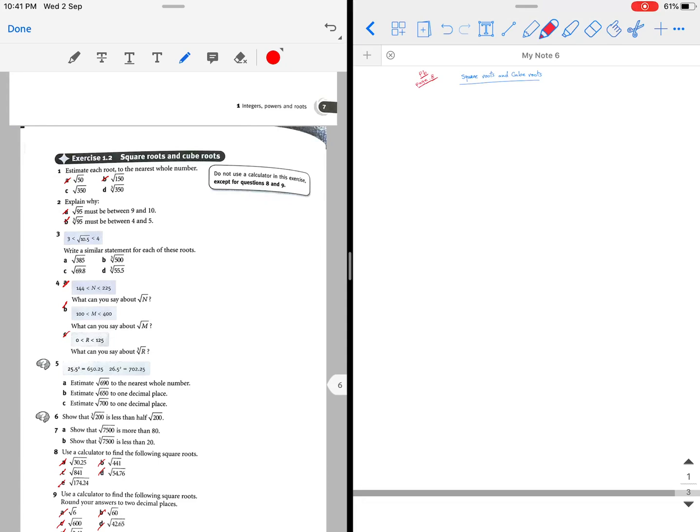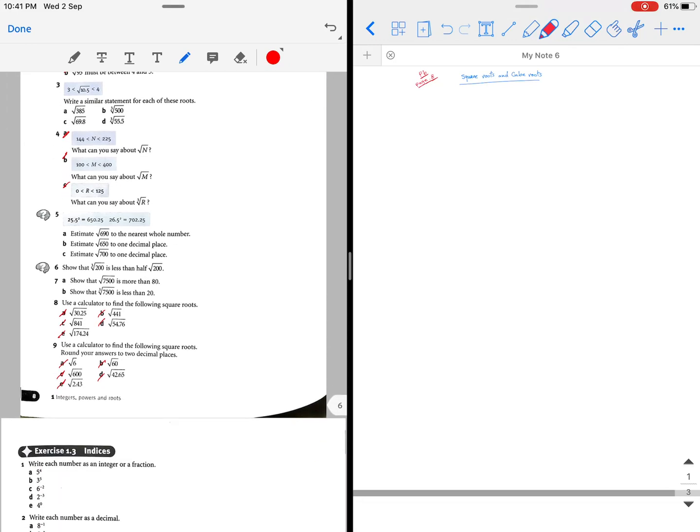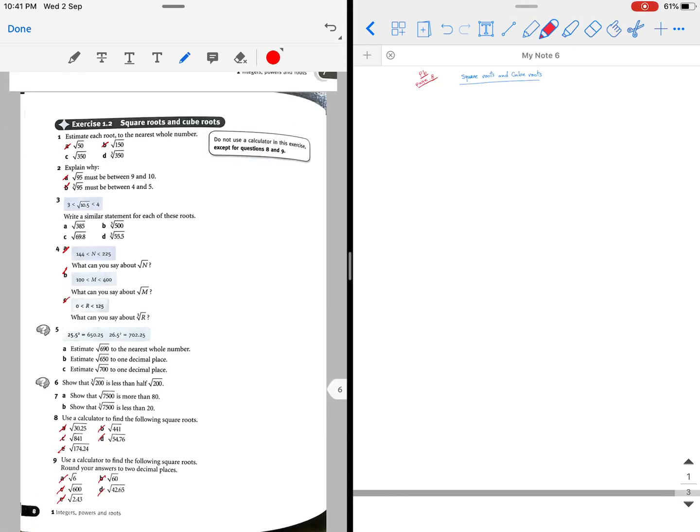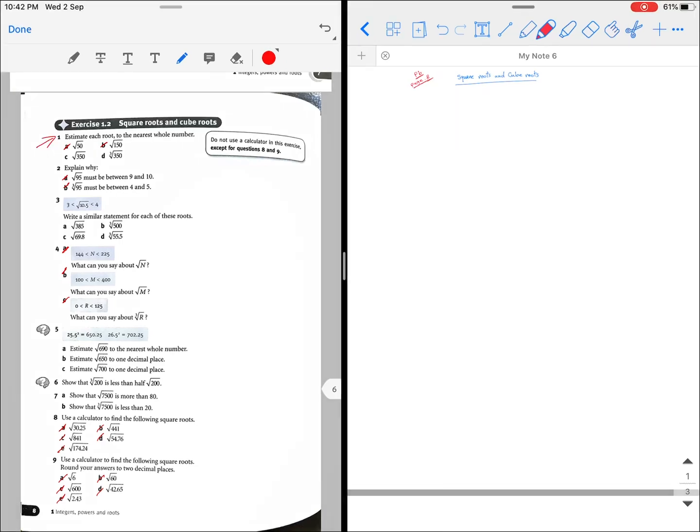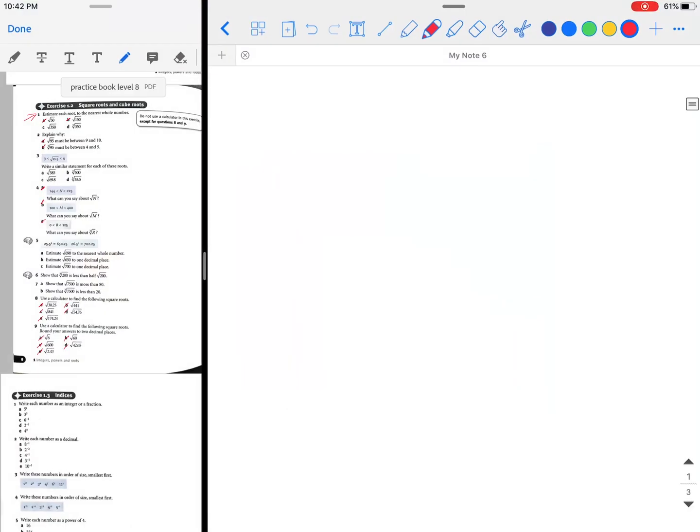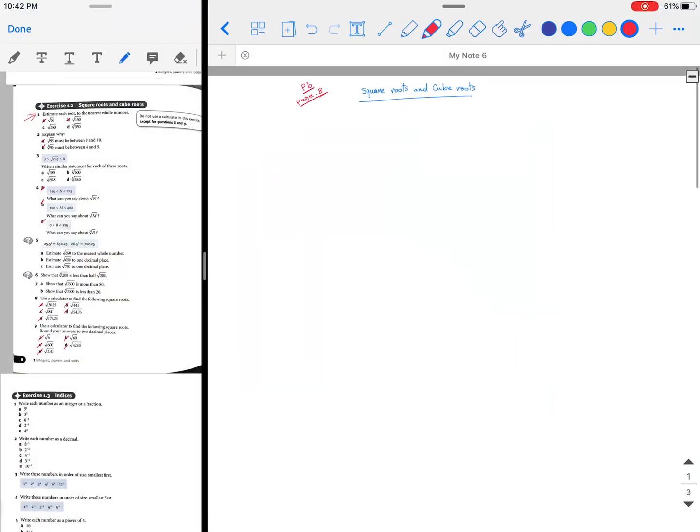Inshallah, today we will answer exercise number 1, 2 for square roots and cube roots in your practice book, page number 8. Okay, we have these exercises. Number 1, we will answer A and B. So in number 1, he said, estimate each root